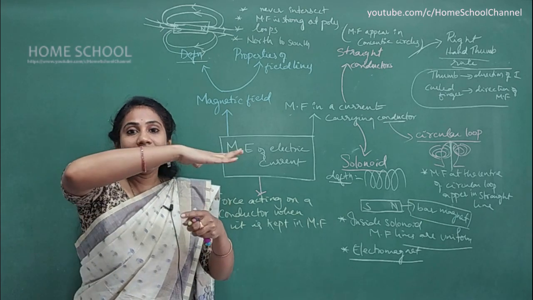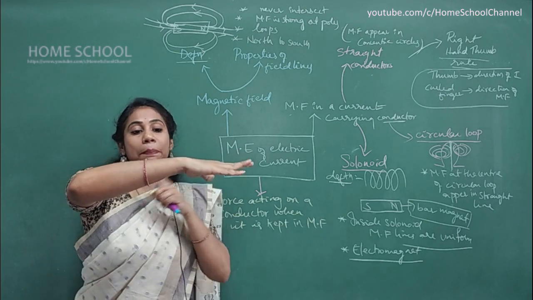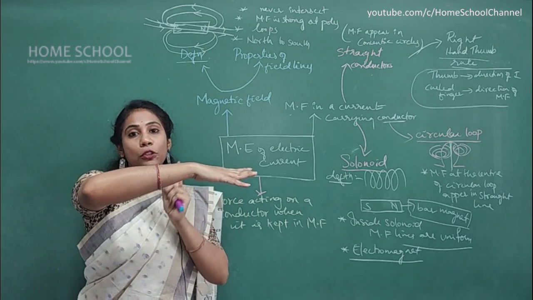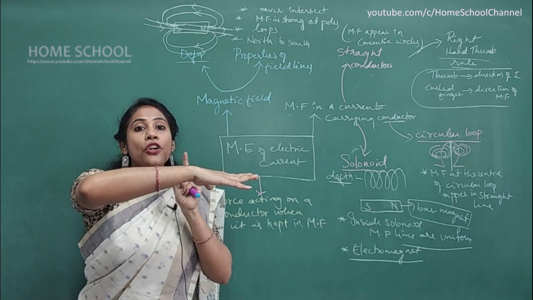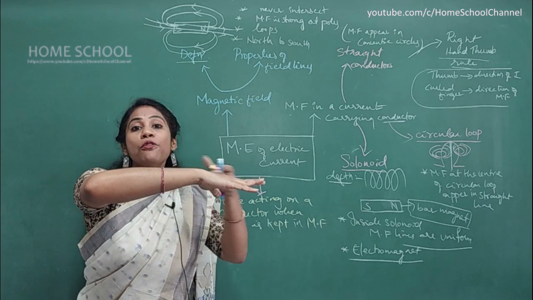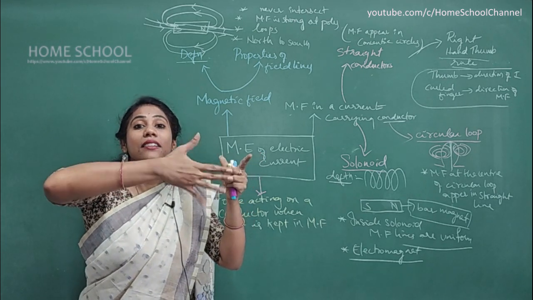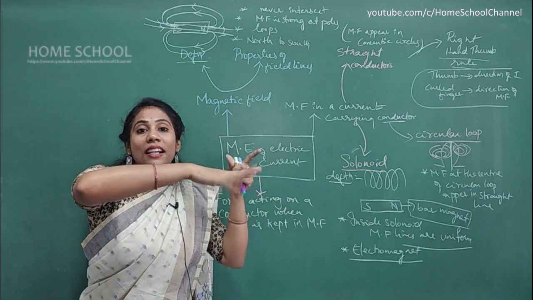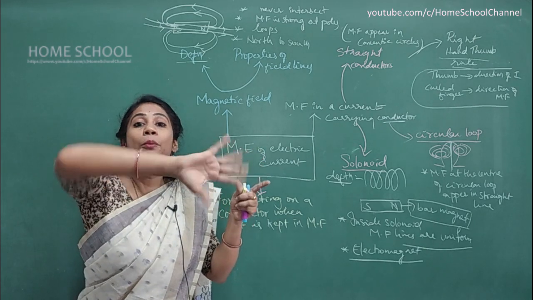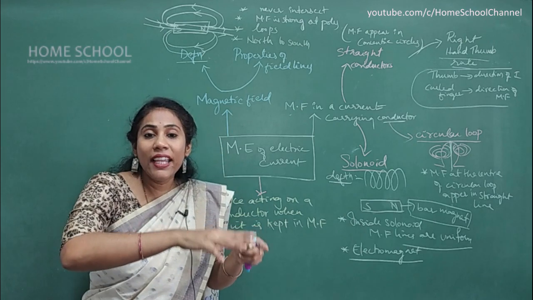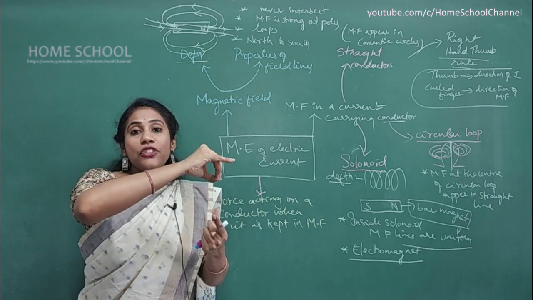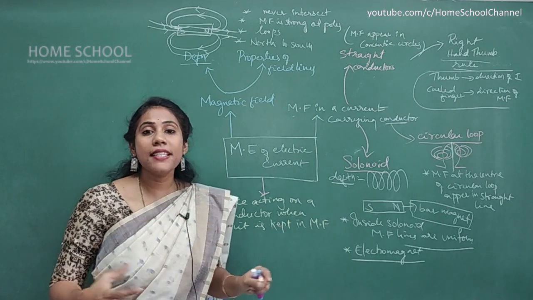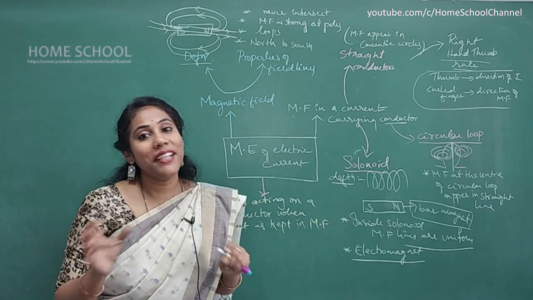Okay, so if this is a conductor kept in a magnetic field, here one north pole magnet and here one south pole magnet is kept. So what happens as the current moves in this conductor? It starts moving. So that way, actually, we are converting electrical energy into mechanical energy. Based on this concept, electric motors were discovered.